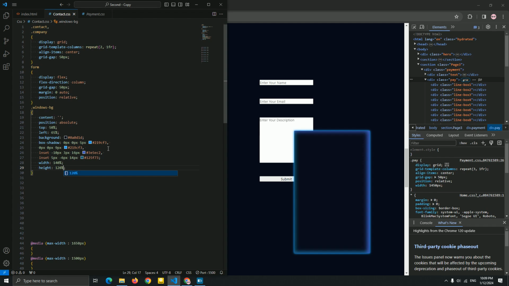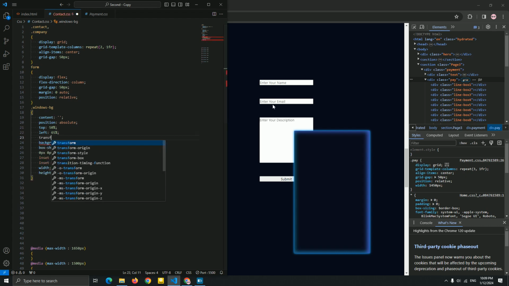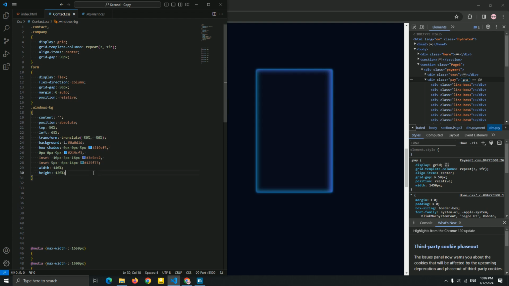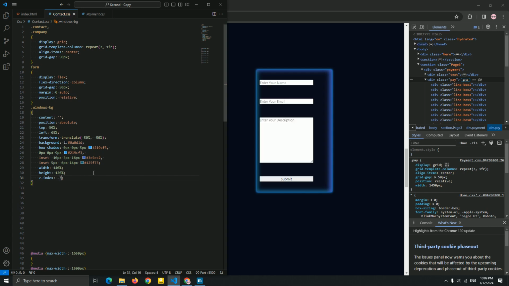Yeah, I think this is good. Just need to add the transform translate to be a center of this form, guys. Transform translate minus 50%, minus 50%. Yep, this is good. Let me just add the z-index minus 3. Just see what happens. And why I just add a left for this, I'm gonna explain, because we're gonna use a matrix 3D instead of a translate Z.